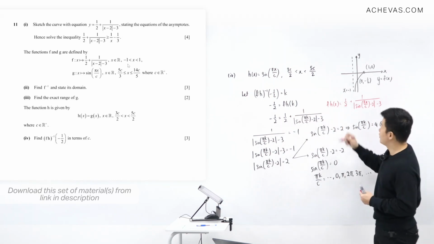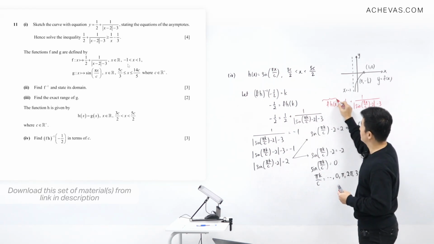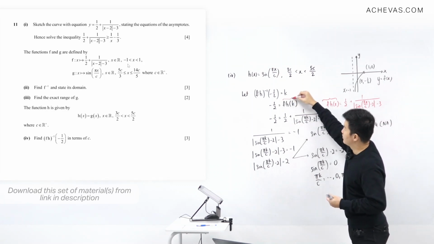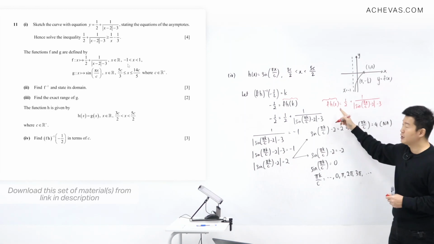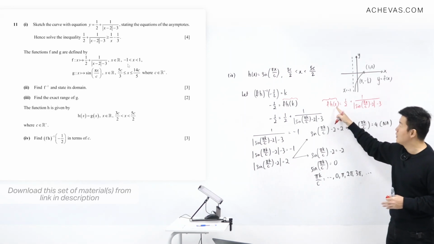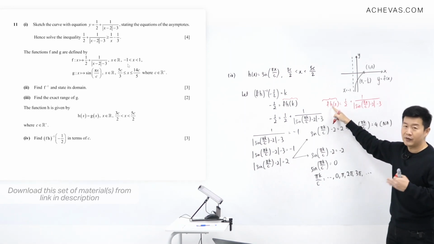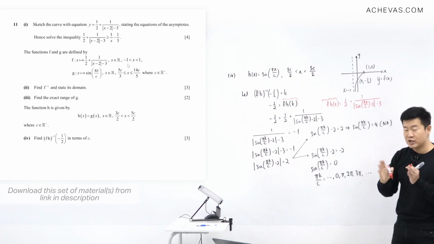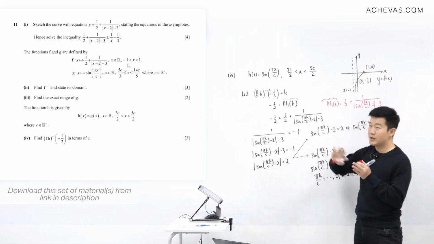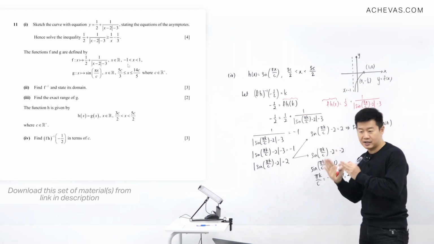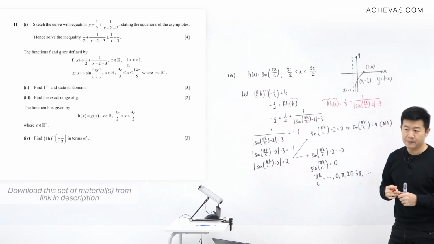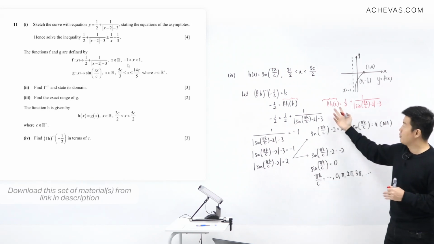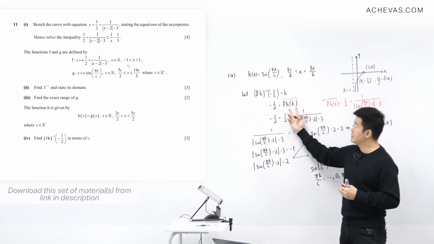Okay, if I were to look at this composite function here, it's the same as looking at the composite function here. What do you think is the domain of this composite function? Why am I talking about the domain? Because it spells out what can go into fh. It spells out the range of values of x. It tells me what is the range of values of k, such that it can go into the composite function fh. And the domain of the composite function is the same as the domain of the first function, which is h,